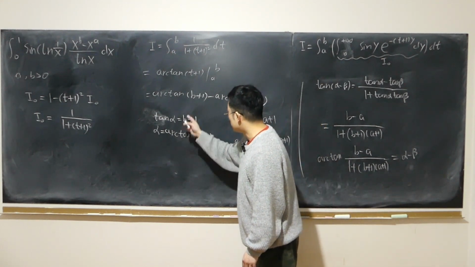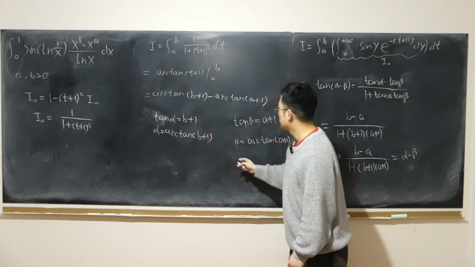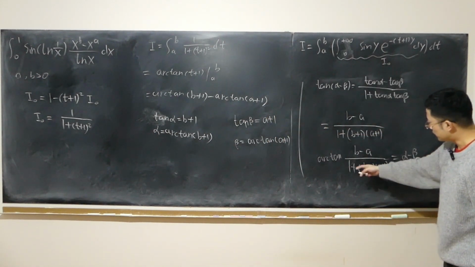So this is the angle alpha. This is the angle beta. Alpha minus beta, perhaps can be written in this arctangent